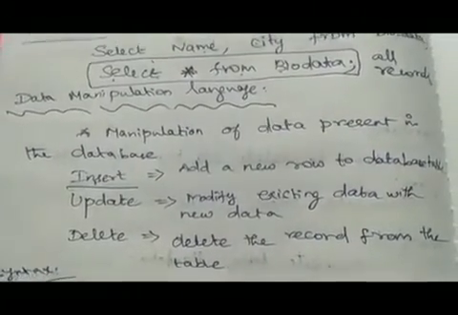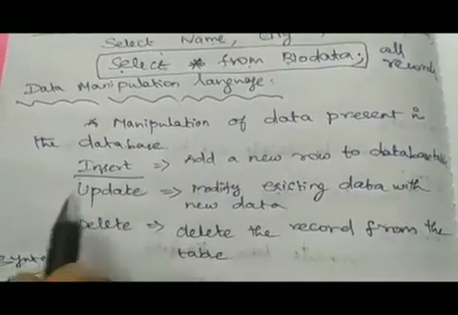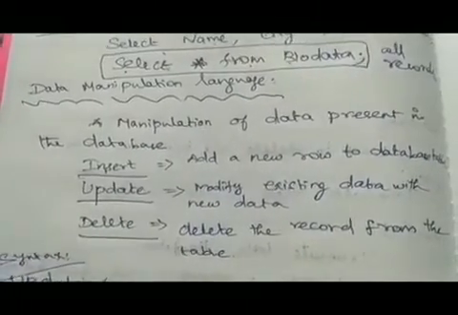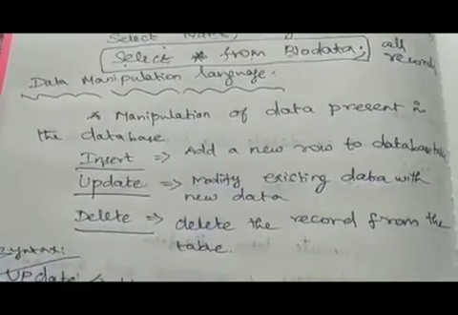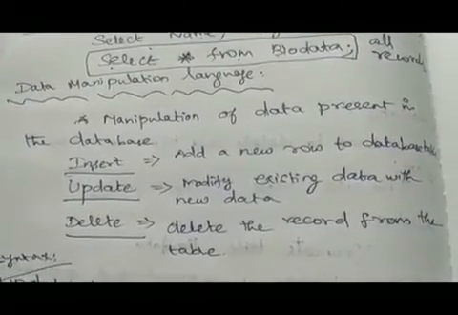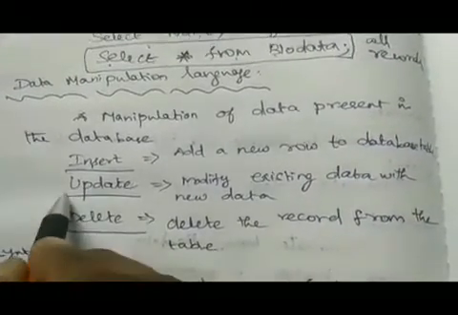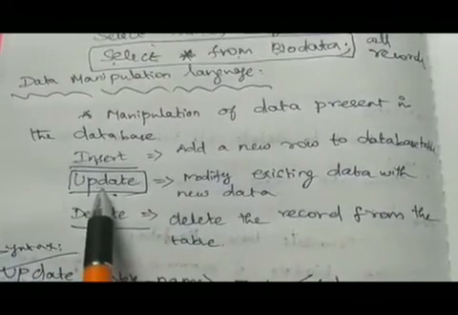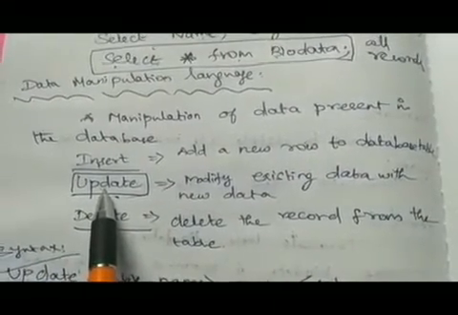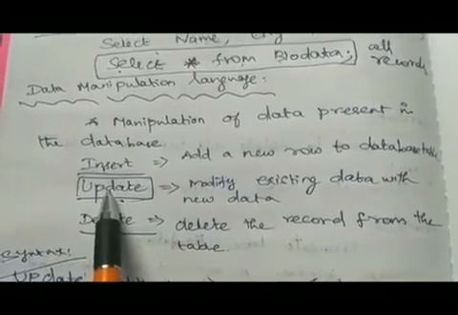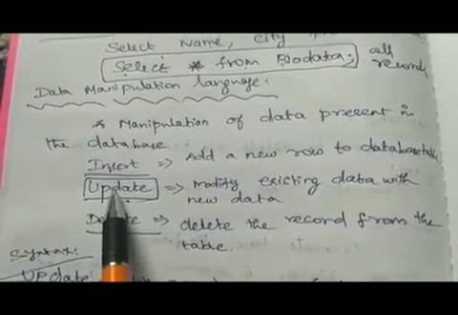That is what we had to learn in previous classes. And then next, update, we are going to learn new, and then the delete command. Delete command, from the name itself you can know it is used to delete a particular record from the table. And here we are going to see update. So what is the purpose of the update command? Update, from the name, it is used to update, to change. It is used to change the existing data with the new data.